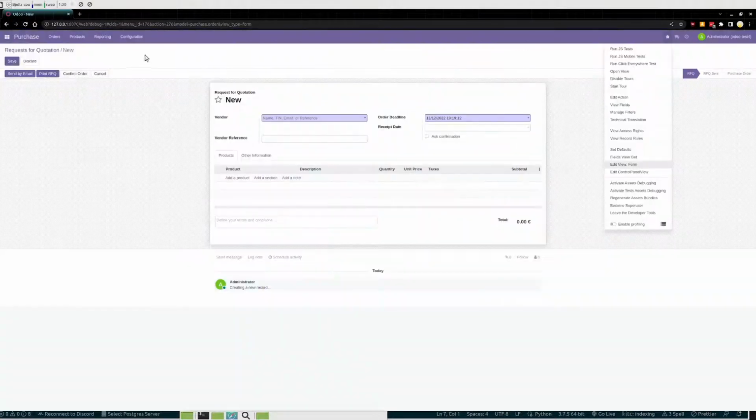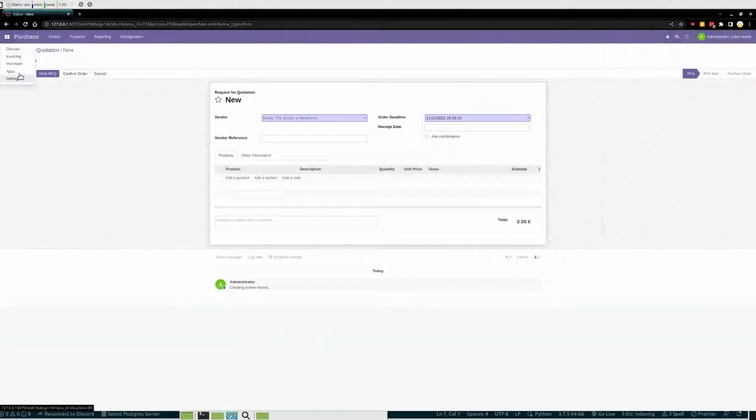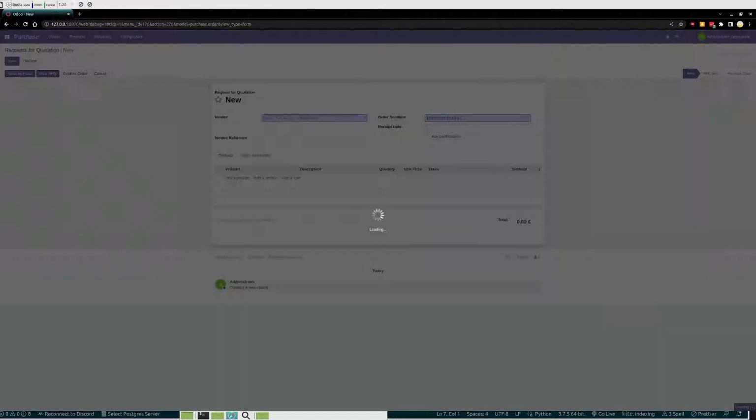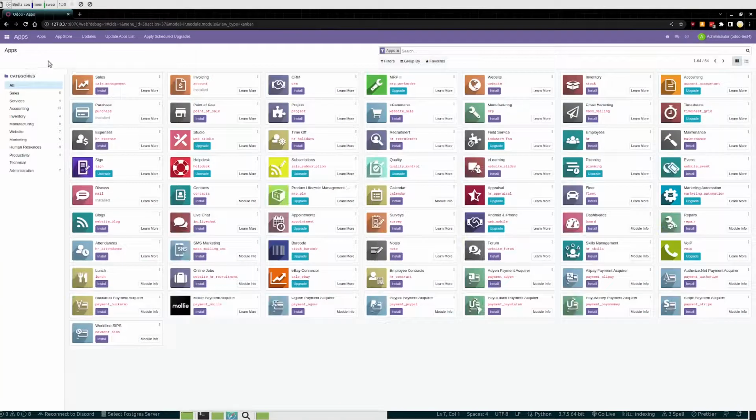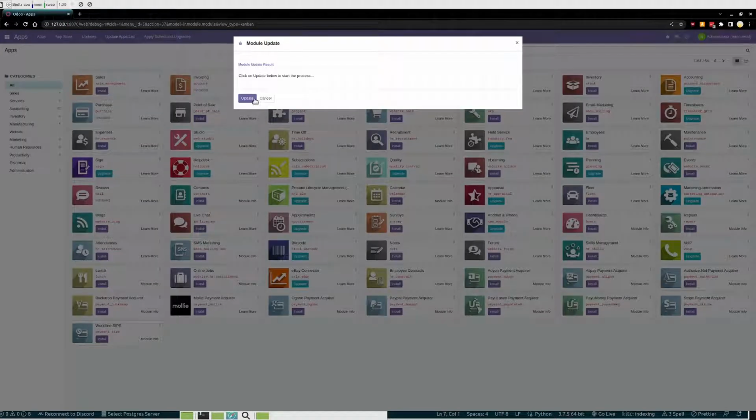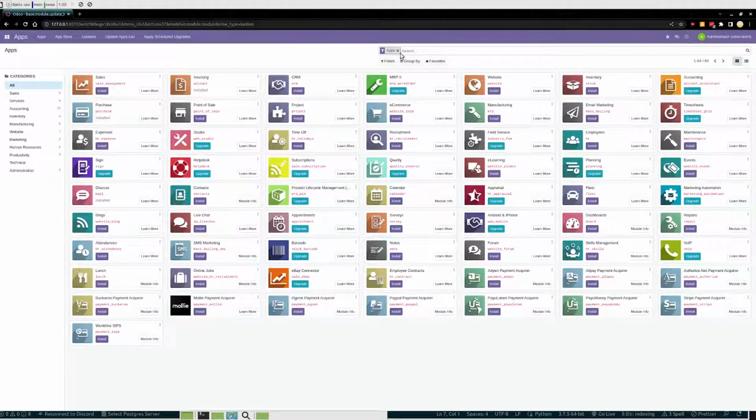Okay, so we want to X out of here and go to apps. And then what we'll likely need to do, this is another thing that you only see in debug mode here, is you want to update the apps list, and that will basically retrieve any new modules that it's finding from the code. So we click that guy there,